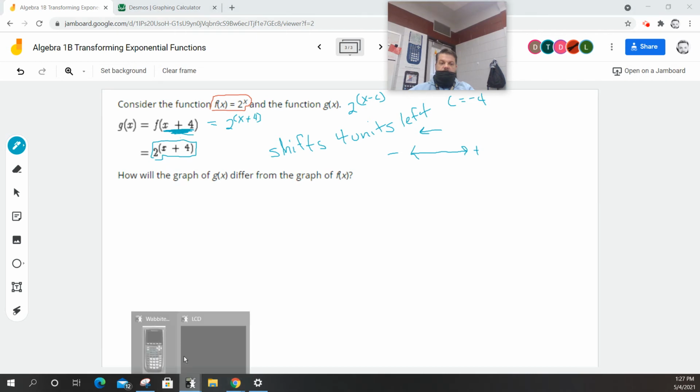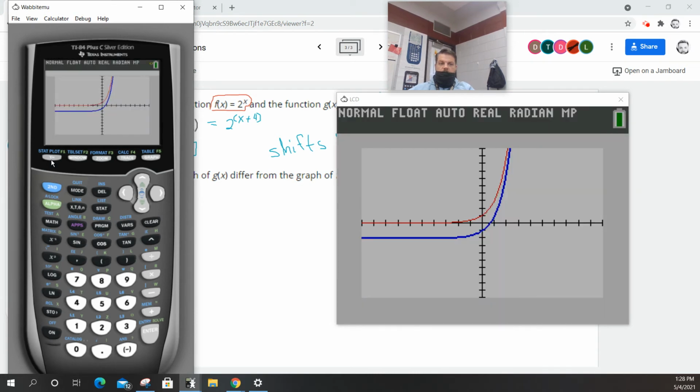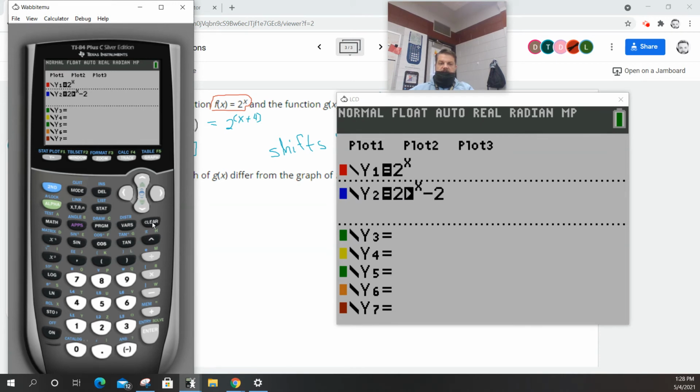So let's just do that in our calculator real quick. Turn your calculators on. Go to y equals. And I'm going to change this to 2 to the x. And then when I go down here, I'm going to change this to 2 to the x. But when I get up here, I'm going to put x plus 4, close the parentheses, then go up over, I got to delete that negative 2. Delete, delete,